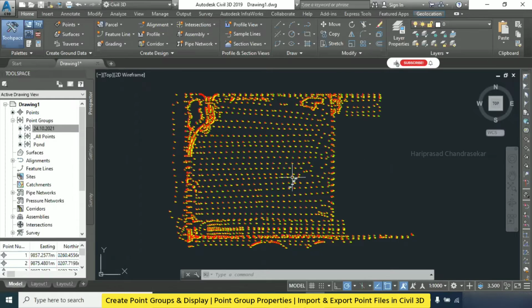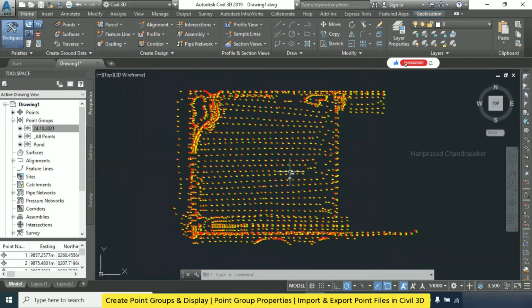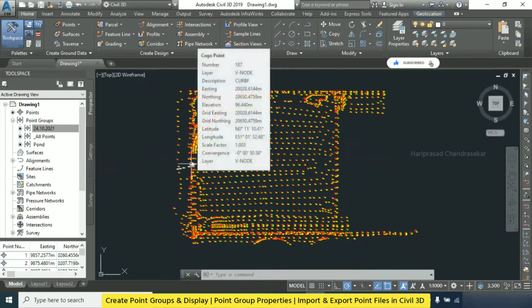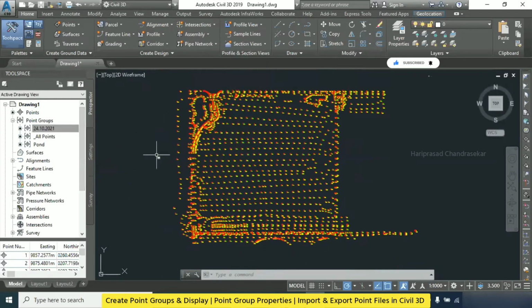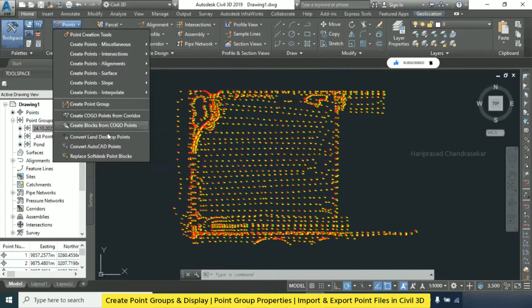Regarding this software, while we continuously work and do something, only then we'll come to know the progress. In the learning, we have to do tasks related to Civil 3D. If we are practicing daily, then only. So with these points only, we are going to create surfaces and everything. So you must be aware of all the topics with the points.